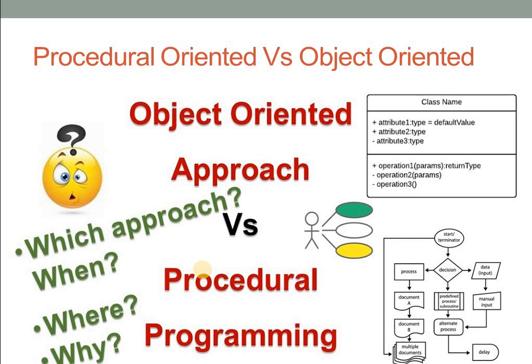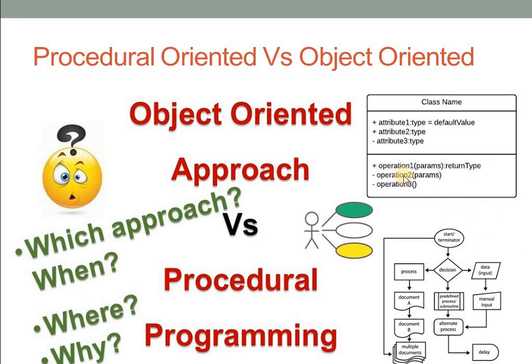Now, coming on to the next basic concept, what is procedural oriented and what is object oriented? We might have heard that C is procedural oriented while C++, Java, programs like that are object oriented. And object oriented is having a real world connection, like that many things we might have heard. Now here we are going to see what is procedural oriented and what is object oriented.